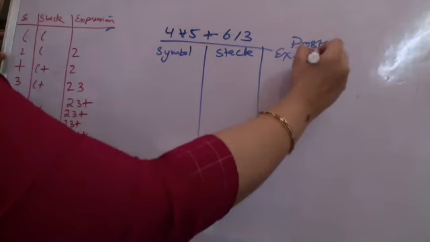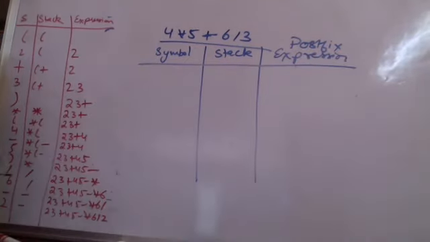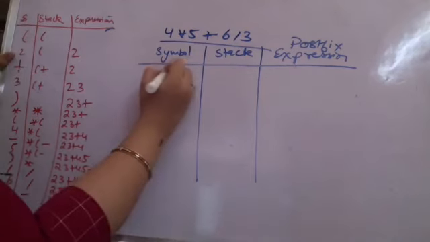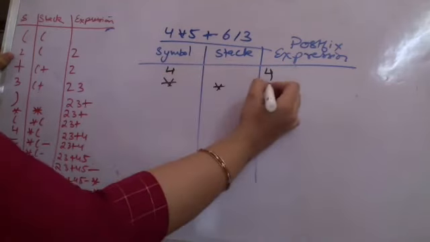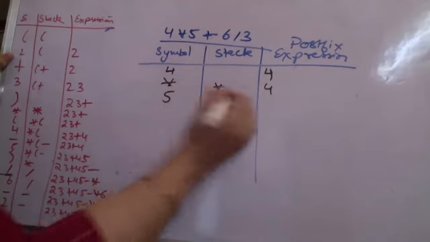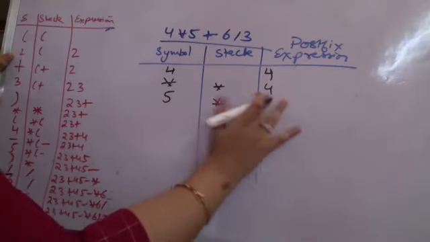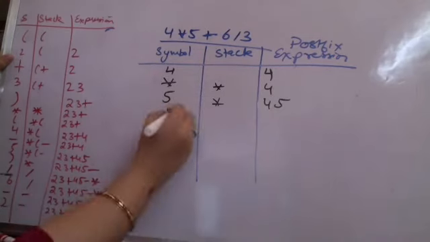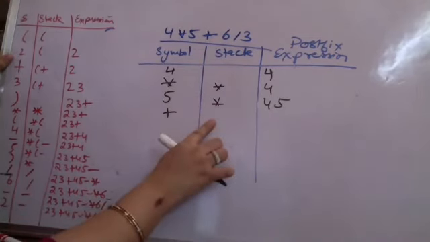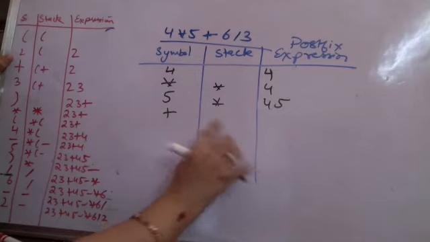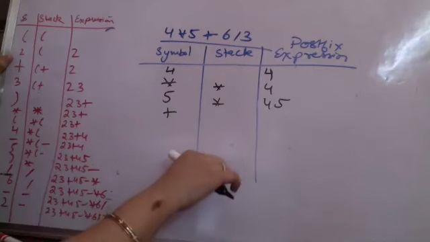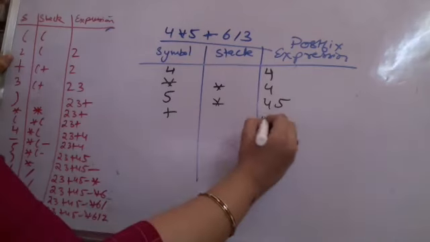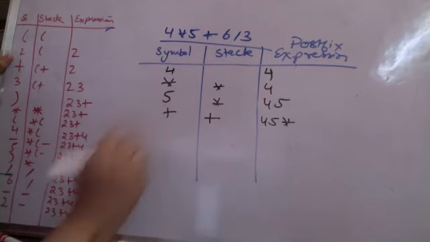So again here, I am scanning the symbol 4. Operand added to the expression. Multiply operator added to the stack. Operand added to the expression. Operator, push it onto the stack. Now you check the precedence of the one to be pushed and the one on the stack. So plus's precedence is 1, multiply's precedence is 2. You cannot push it there. You have to pop it. So you need to pop multiply first, then push plus onto the stack.